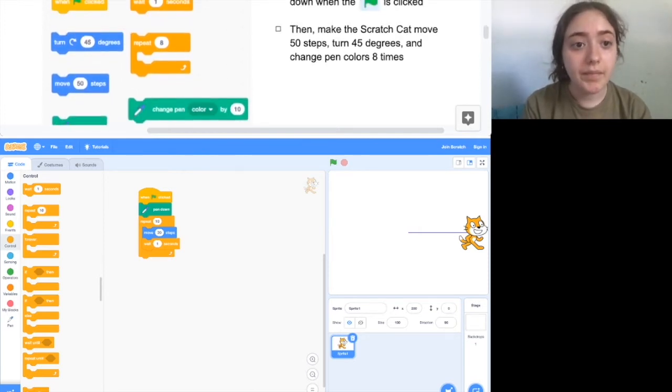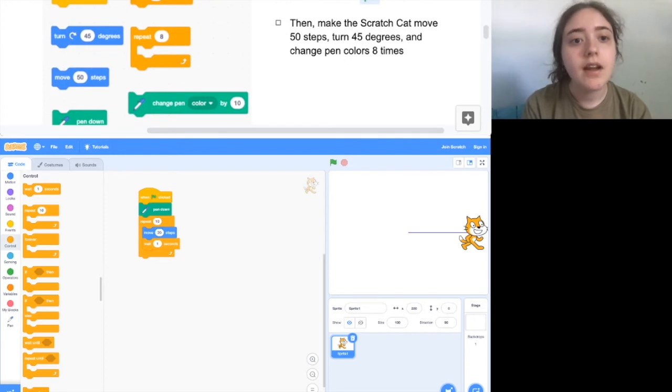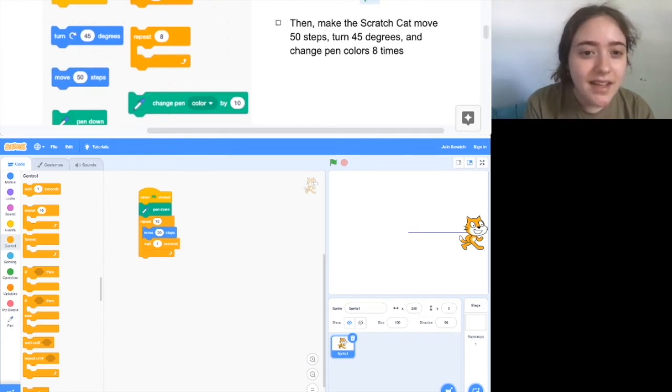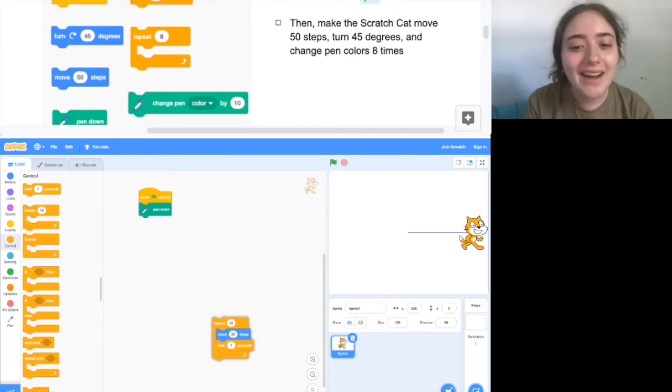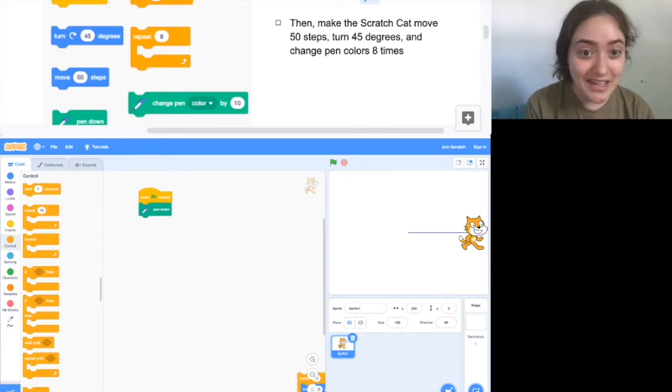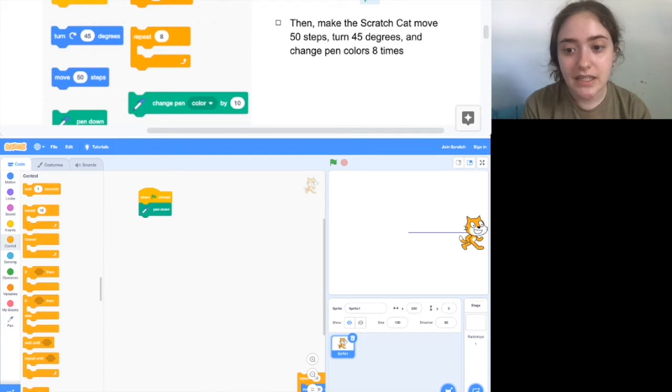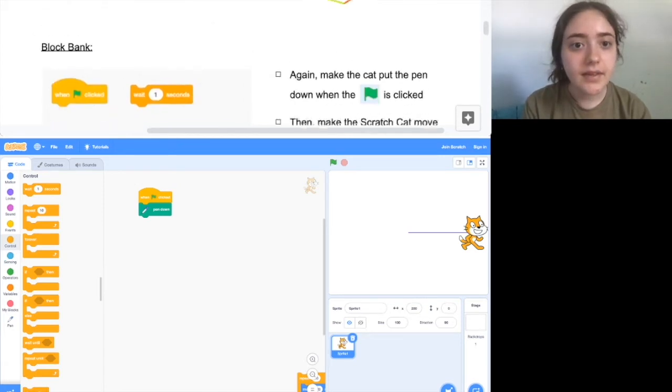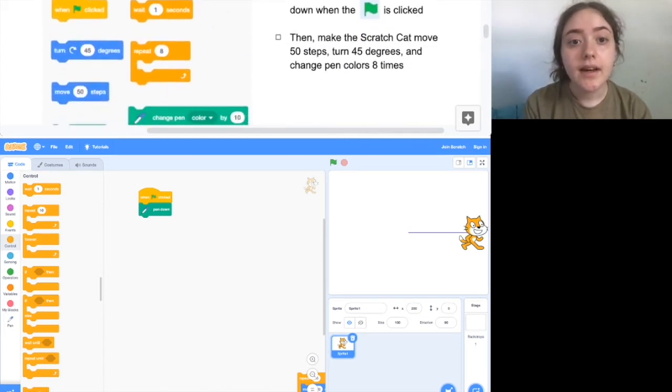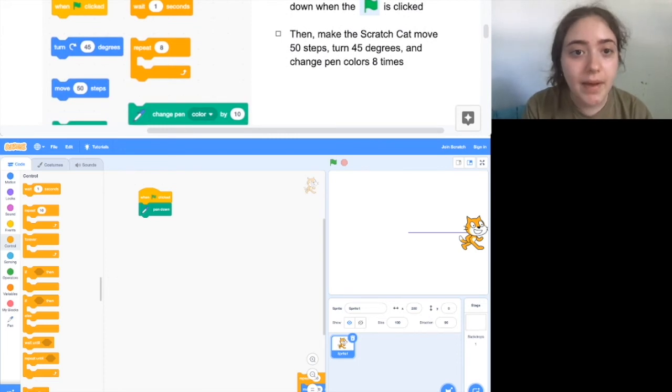So we still need both of those on the screen. You can take everything below it and just kind of hide it away in the corner, and it won't affect what we're doing if it's not connected to the when green flag clicked button. So now what we want to do is we already have Scratch cat put the pen down when the green flag is clicked,